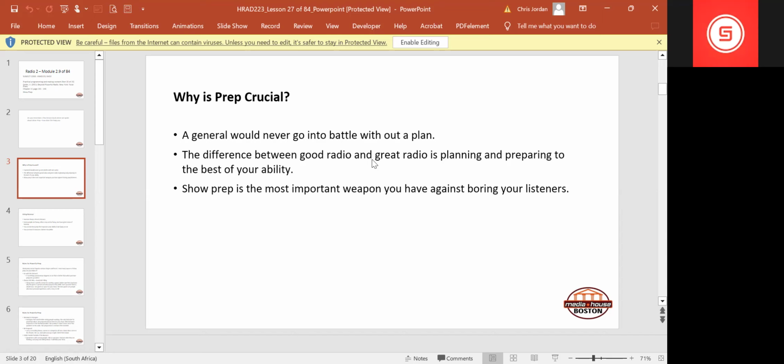I think it's about 25% entertainment for a content creator, specifically a radio presenter, to put some focus on their prep as well. And the 75% that is left over is just hard work, right? A well-prepped show is going to almost guarantee you great radio. But remember, the prep is only one part, and your execution is everything else.